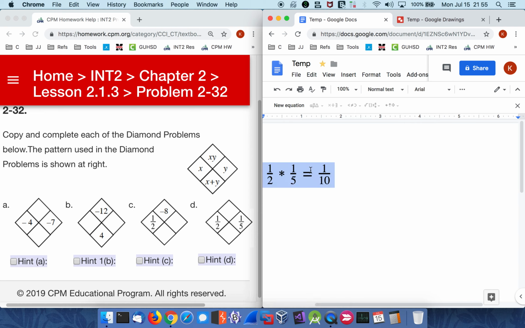Oh man, I shouldn't have deleted that. There we go. Okay. So now we want to add. Alright. So this is a little bit trickier, but not much. We know we can't really add them if the denominators are different; if you're really good, you can, but I'm not that good. So let's figure this out together. What's an easy common multiple here? Well, I multiply this by 5 over 5,